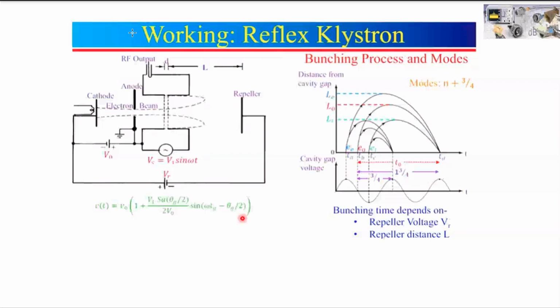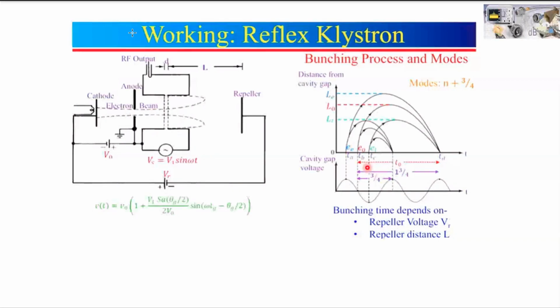The electron beam is generated from this particular cathode, which moves with a uniform velocity till this particular cavity, and in this cavity the velocity modulation takes place. So some electrons will be accelerated and some electrons will be decelerated. You can see this diagram here, and there will be no effect for some electrons, that means the reference electrons E0. The electrons which enter this cavity at positive gap voltage will be accelerated and will have greater velocity, and the electrons which enter the cavity gap at negative voltage will be decelerated.